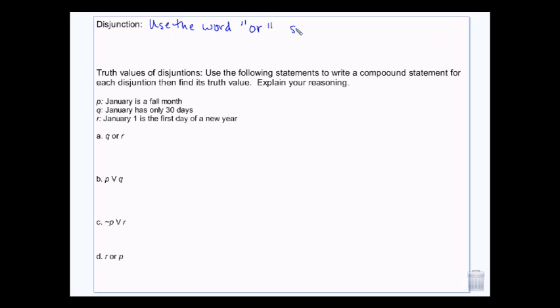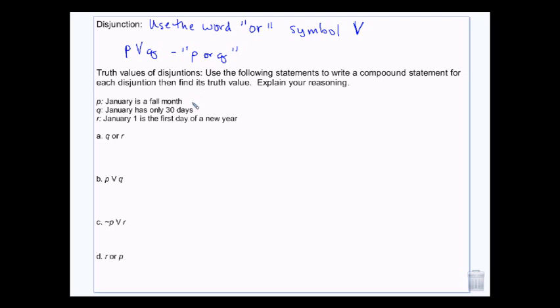Okay, and the symbol is the V. Sorry, not an upside down V, a regular V. If I have P V Q, this is saying P or Q. Okay. And when we look at disjunctions,